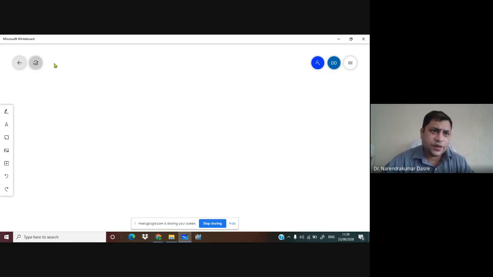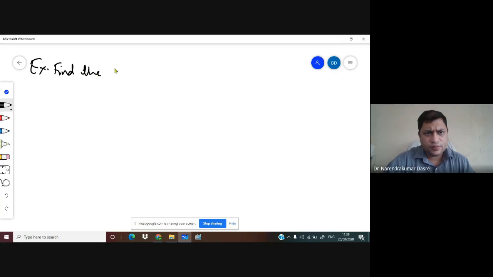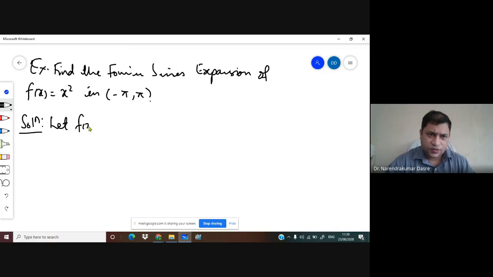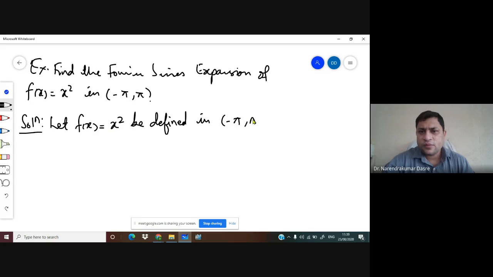Okay, so let us find the Fourier series. So we'll go for the example. Find the Fourier series expansion of f of x is equal to x square in minus pi to pi. So we go with the solution: f of x is equal to x square, we find in minus pi to pi